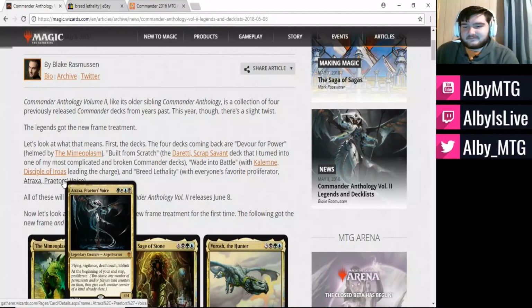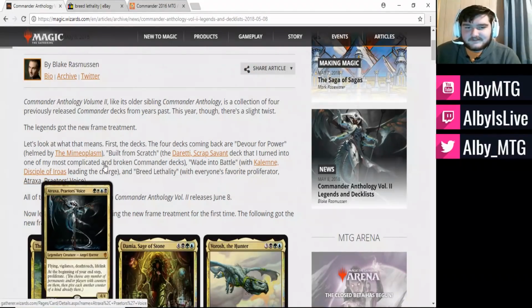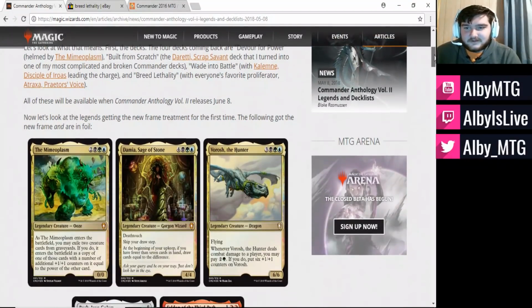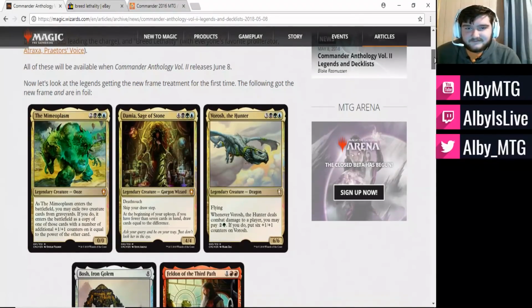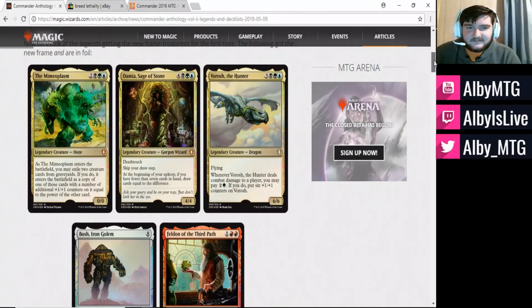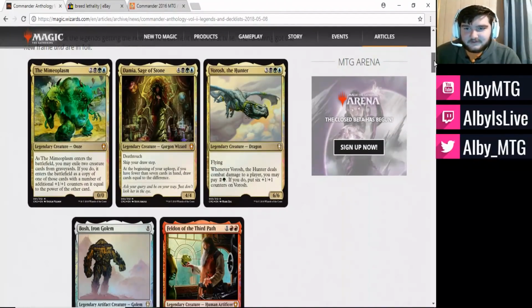This is the one that I'm kind of kicking myself over, but nonetheless, Atraxa printed in this one I think is actually just a really good thing for Magic players, more specifically Commander players, but just in general a pretty good thing. So some of the stuff that they have here in the article, they talk about how there are some cool new foils, as well as the fact that they have the legendary card frame, so the Mimeoplasm in